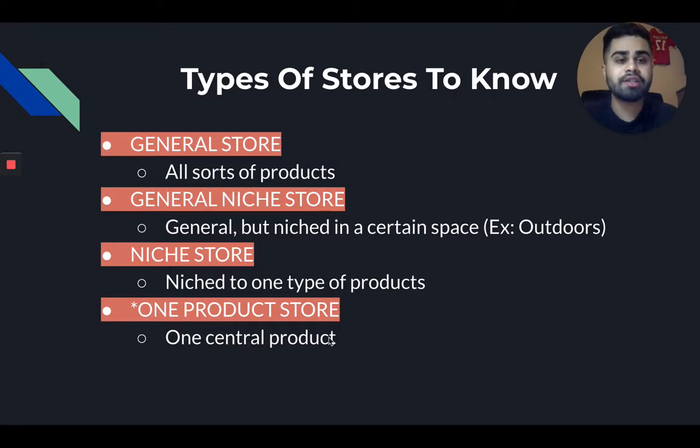You can also directly go into a one product store, which is based around a central product, right? But keep in mind the following things. Make sure that the product you're testing has some kind of potential already there, because otherwise, it's a lot of work. Setting up a one product store is essentially the same as setting up any other store. It might be a little bit less work because you're importing fewer products and doing less work on them. But you're going to have to do a domain, a logo, email, Facebook account, Instagram account, social medias, all that stuff, right? So unless you really know a product will have potential, do not go straight into a one product store.